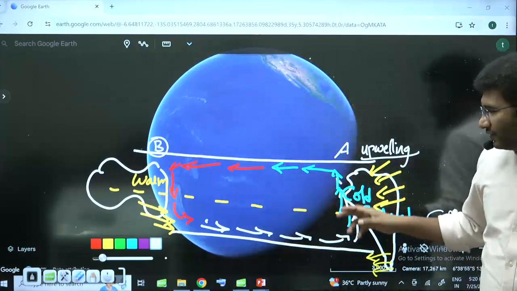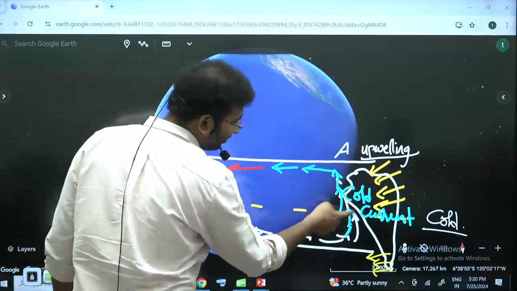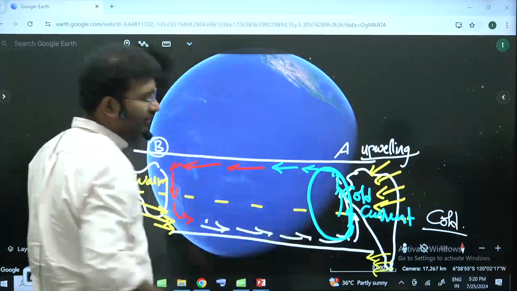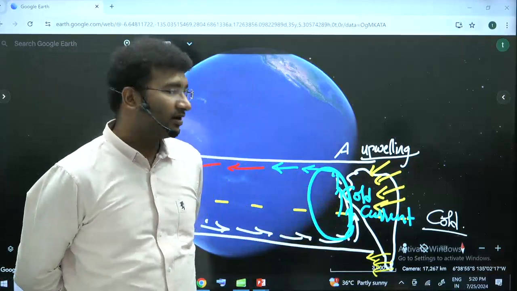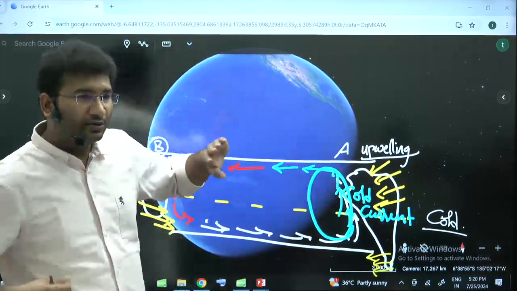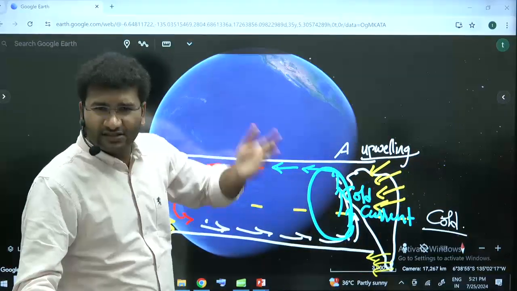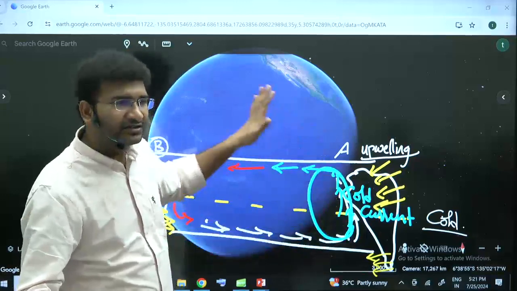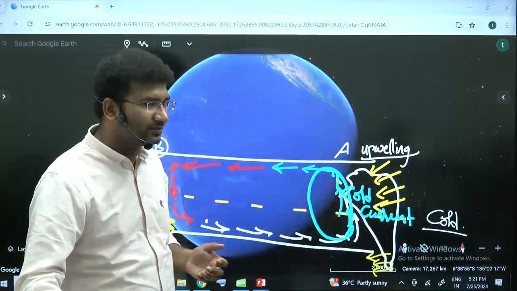Instead of this part of the area which is actually having cold water. So did I not tell you, if you are having cold water, good fishing grounds will be there, upwelling is there, cold water is there. So you come to southern hemisphere, this is the time where, for reasons which we do not know, the entire system reverses. Entire system reverses means